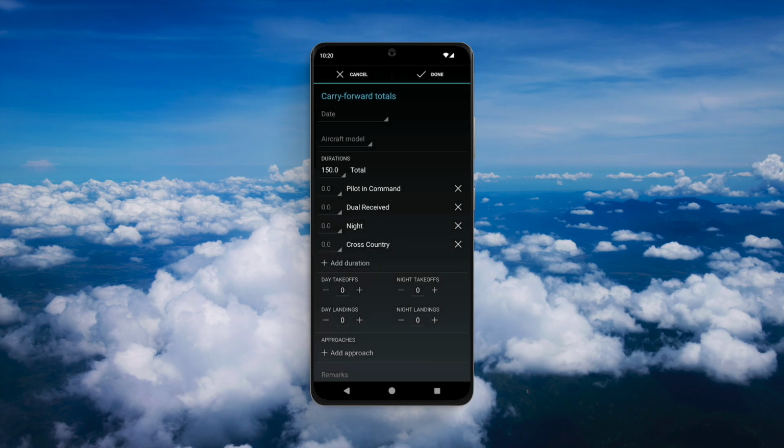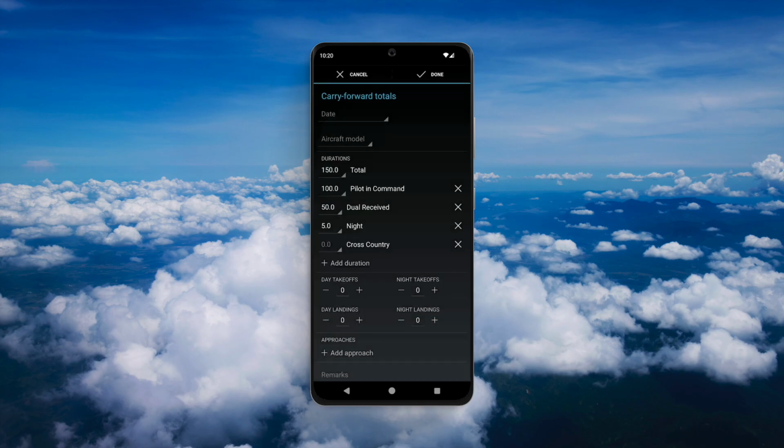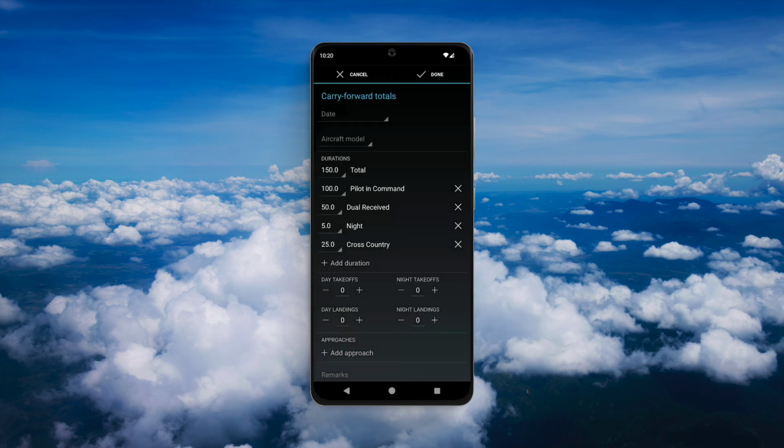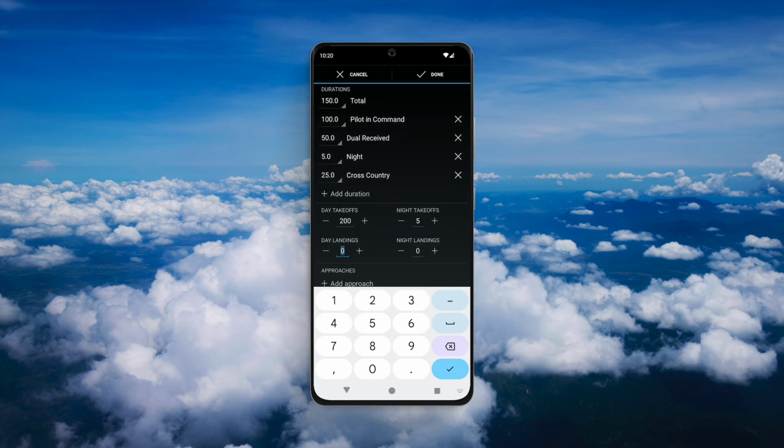Let's say we have 150 hours total time, 100 of that is PIC, maybe 50 of that is dual, got 5 hours of night, and let's say 25 hours of cross-country time. Now, in addition to logging a previous time, we can also log things like previous takeoff and landings. So let's go ahead and add some of those. Let's imagine that we have maybe say 200 takeoffs and landings for a day and 5 takeoff and landings at